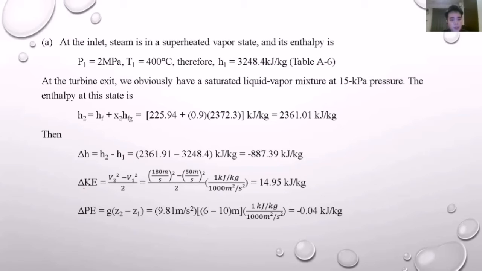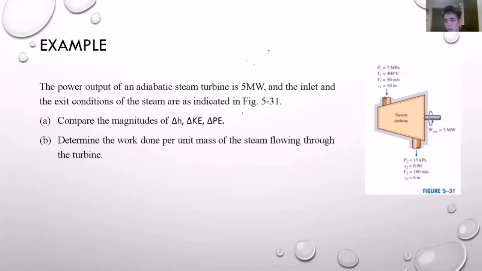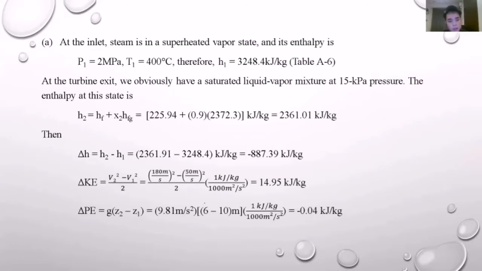And then the delta KE equals V2 squared minus V1 squared over 2. V2 is 180 and then V1 is 50. 180 squared minus 50 squared over 2 equals